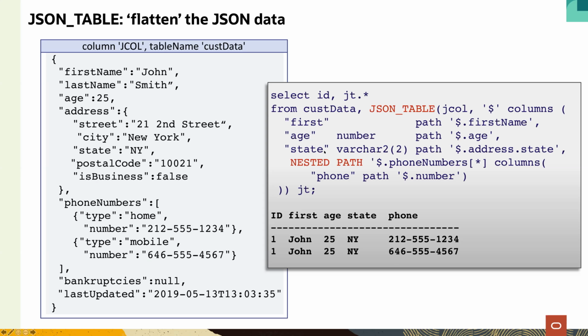Or for example, state, we're walking 2 steps, .address, .state. We first walk to the address object, and then inside we extract the value of the state. And then with JSON, you can have these nested collections or these JSON arrays, meaning that for one JSON document, you can have multiple embedded objects. And it's not only one array that's possible, you can have many arrays. Arrays can be nested. So the structure can get arbitrarily complex. But what we can do with this nested path is we iterate over this collection. In this case, we're iterating over these phone numbers.